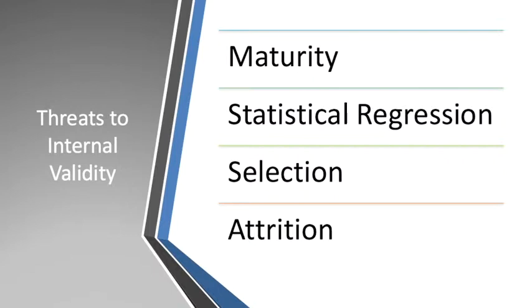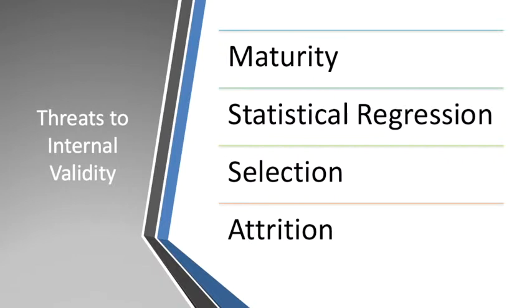Another concept is attrition. If you're looking at people's scores over time, what ends up happening is people drop out of the study for whatever reason. People move. Unfortunately, sometimes in health-related research, people pass away. Okay? And if that happens, if people drop out systematically out of your study, there could be a reason why they're doing that. For example, extremely severe cases could be prematurely dropping out of your intervention,